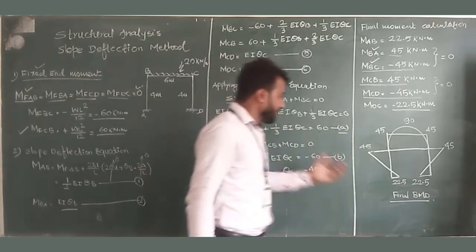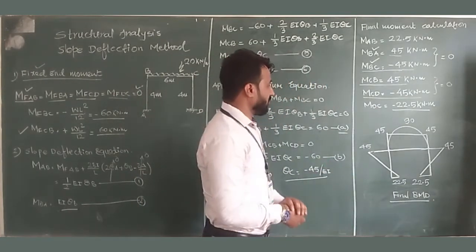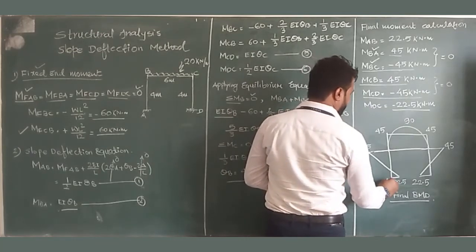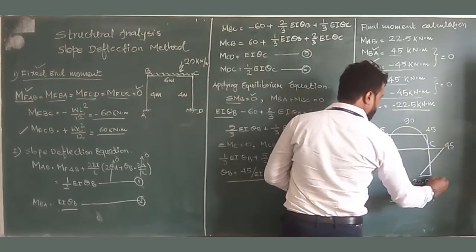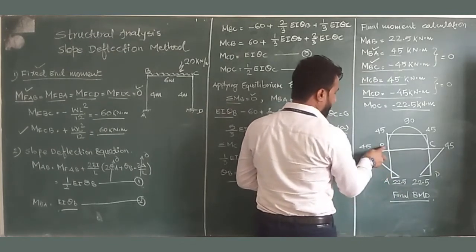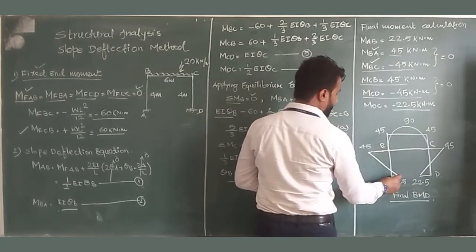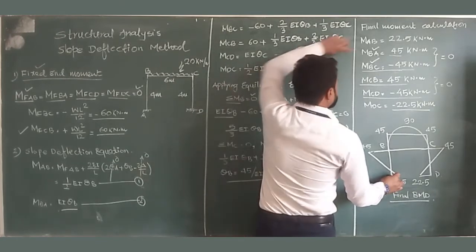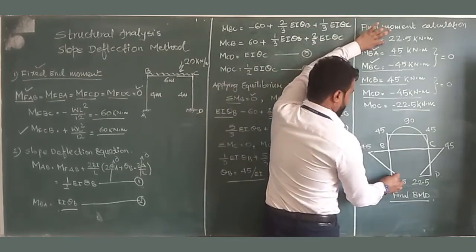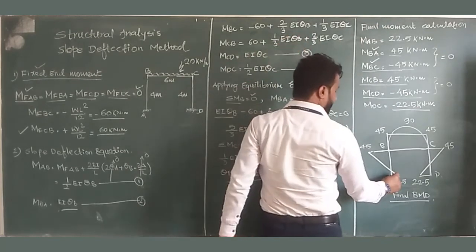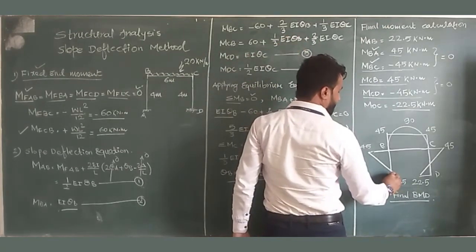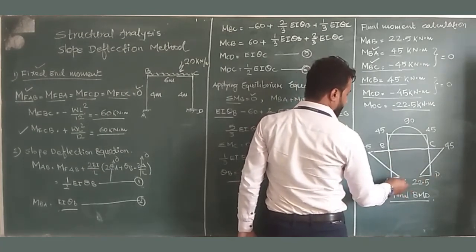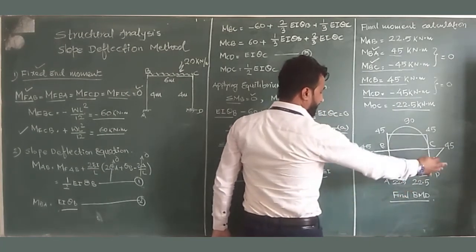Now we will draw the final bending moment diagram. So the final bending moment diagram will be drawn like this. Okay. So this is point A, this is B, this is C, and this is D. So for moment AB, we have to keep the pin at A towards B direction. AB is having plus 22.5 kilonewton meter, so plus, we are rotating this in clockwise direction. So this will come on the right side of that column. So we have drawn it on the right side.